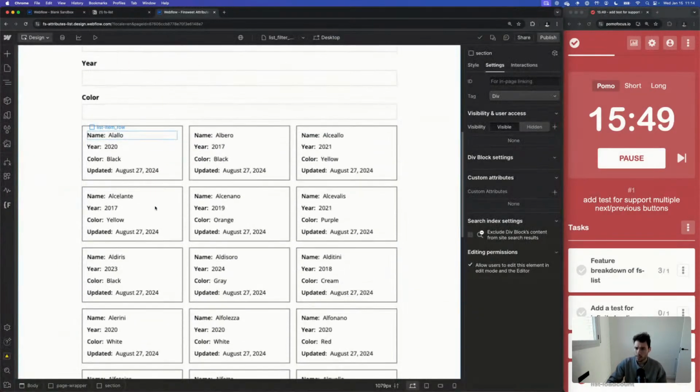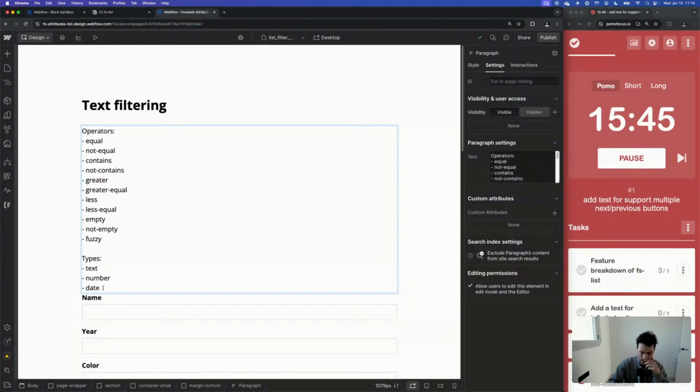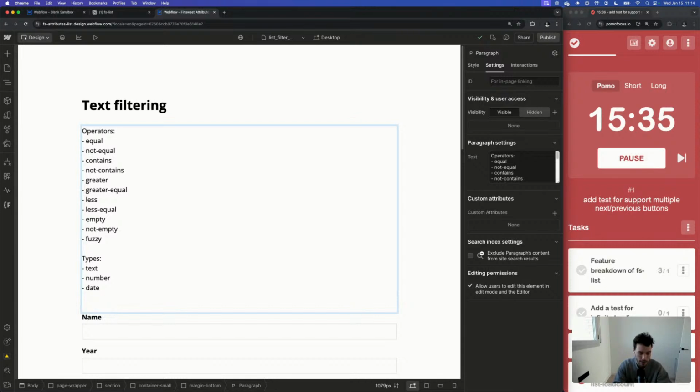A lot of combinations. It's going to be hard to test all of these. And also, not only operators and types, but then we also need to consider the field types, the form fields.